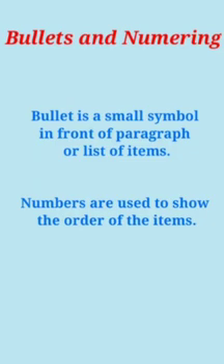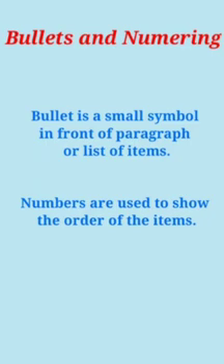If I tell you to create a list of any 10 outdoor games, the order of the games may be different in everyone's list, because games do not have a particular order. So these games can be indicated by bullets. But if I tell you to write the steps to open MS Word, everyone's steps will be the same, because opening MS Word has a proper order which you will follow.